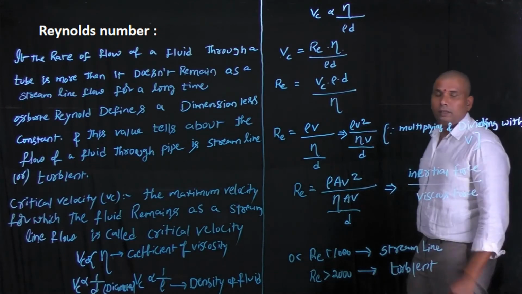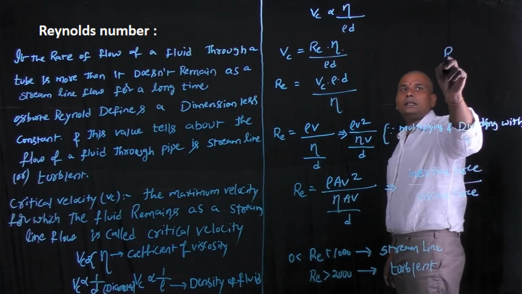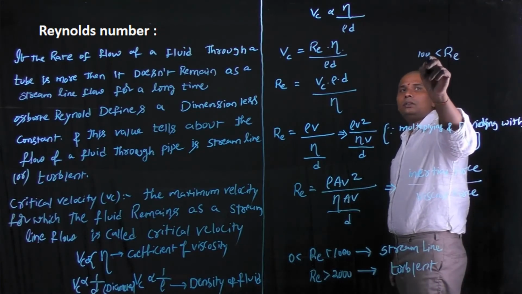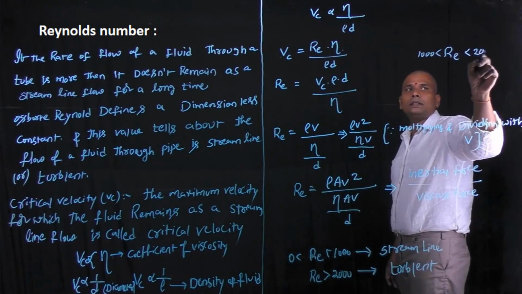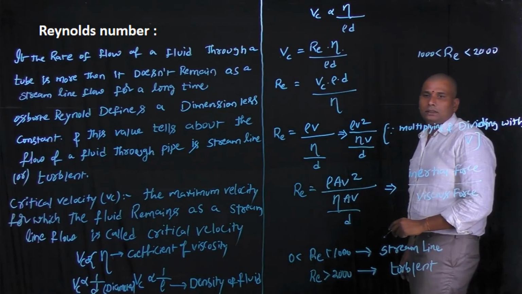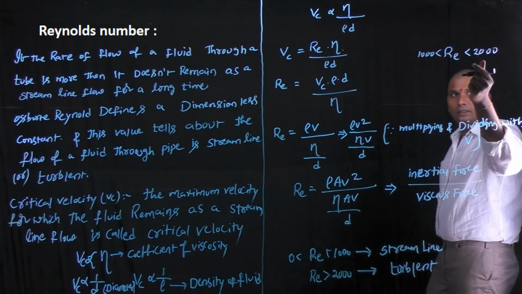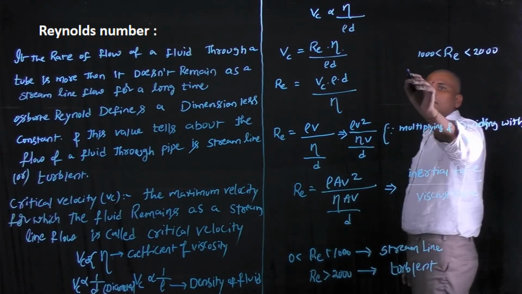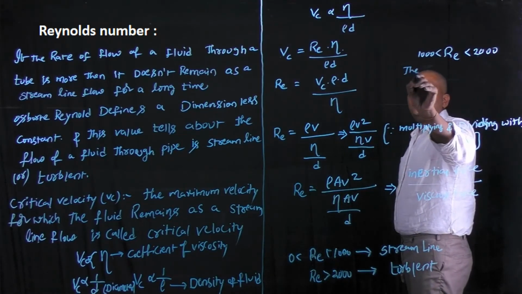If the value of the Reynolds number is between 1000 and 2000, it means the value is less than 2000 and greater than 1000, then the flow is